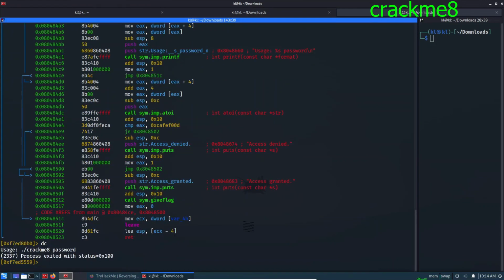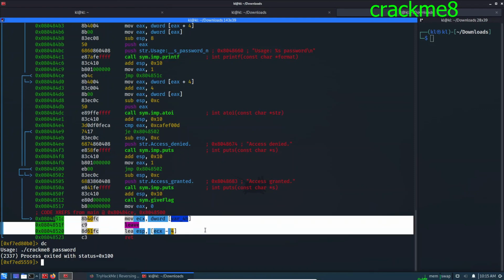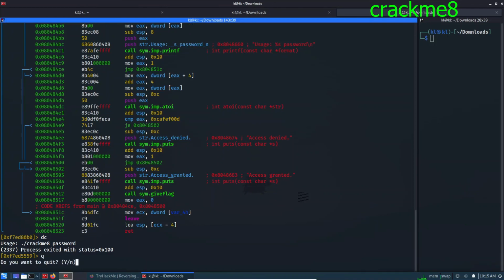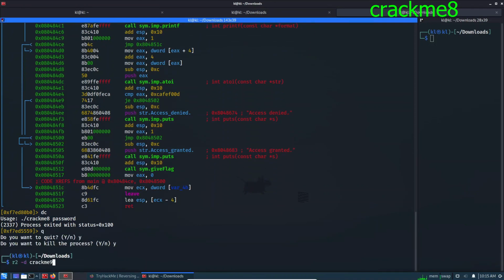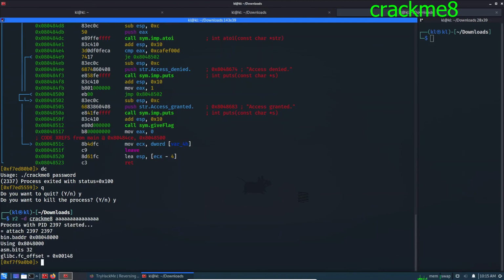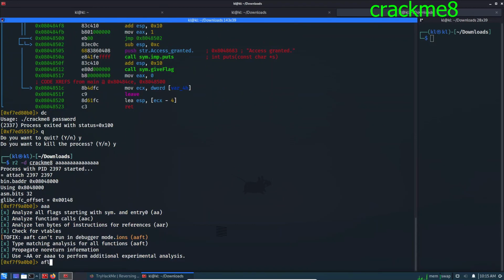So dc crack me. Okay, so it moved to the last part. Why? Because we have not supplied the password, and this usage segment got executed, and because of this instruction it moved to the last part. So we have to execute again with the argument password. I'm not sure if we could use the ood command to supply the argument when we are in decompiling mode in R2. Anyways, let's do this whole thing again,